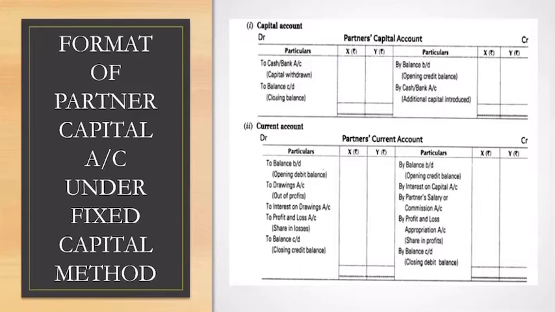So this is the actual format of partner's capital account and partner's current account under the fixed capital method. Again, I'm telling you that here I have taken the format to show two amount columns for two different partners. I already mentioned that PU students can expect a practical oriented question on this. So you can follow this format, just write the heading and you can give imaginary values for the different items, different entries mentioned here, and definitely a 5 mark question can be expected. And if you do so, you get the 5 marks very easily in the examination.